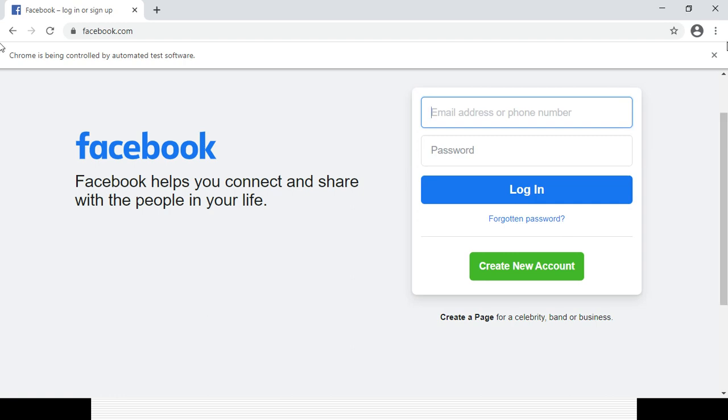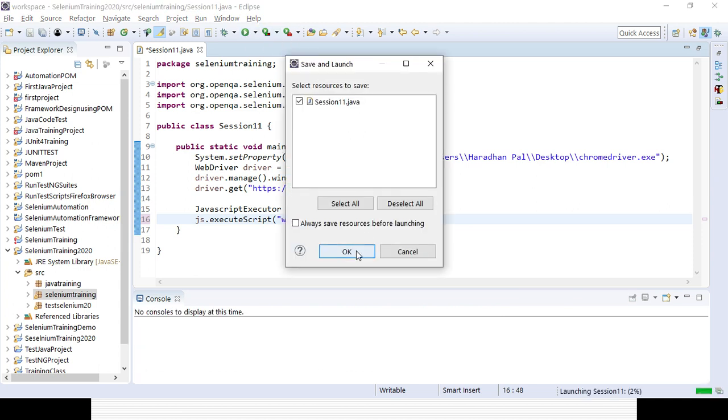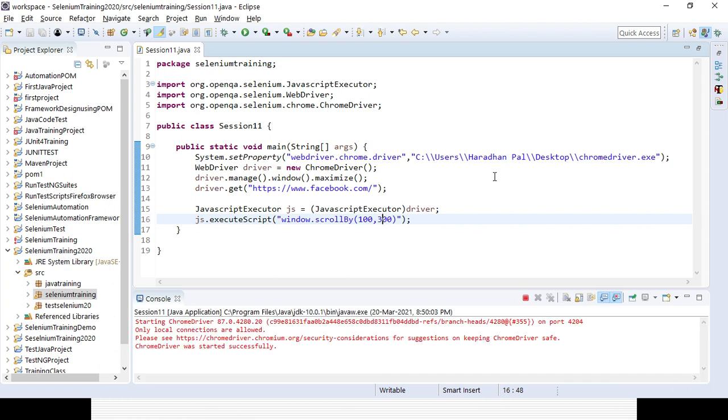Now suppose you want to move it 200 pixels, or 300 pixels, here also you can give it. At the same time you can move it x and y axis wise, but here you will not be able to see it because definitely in the x axis nothing was there, right? But you can give it in both directions. This is for the x axis, that means horizontally, and this is for the y axis, which means vertically, right? So if you run your code, you can see the differences. It will move by 300 in the y axis, but the x axis obviously you will not be able to see anything. We have given 100 pixels.